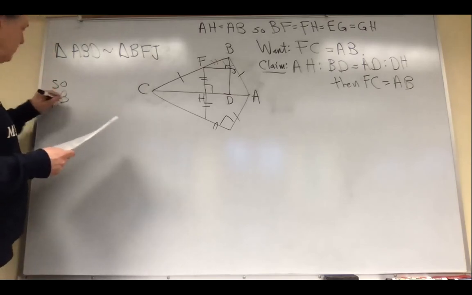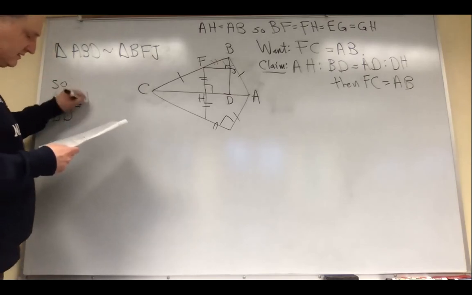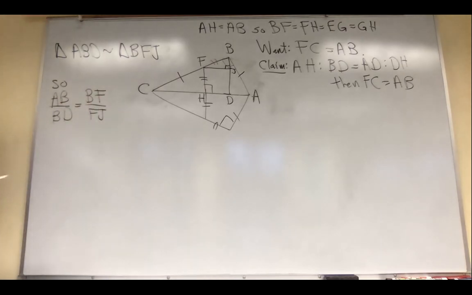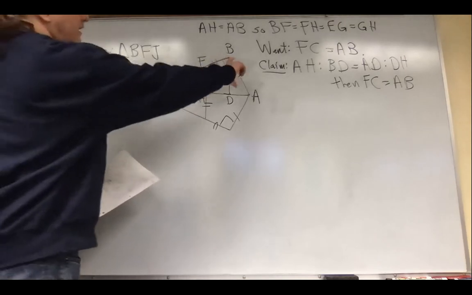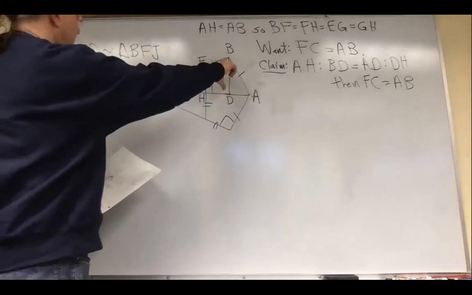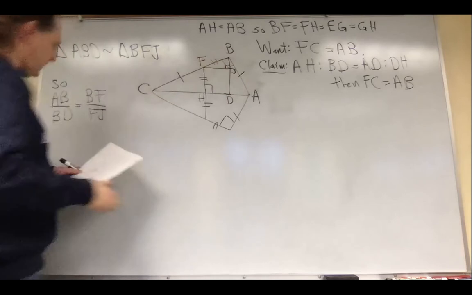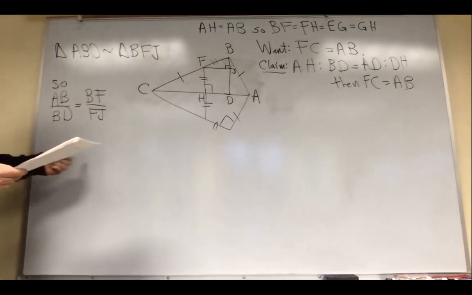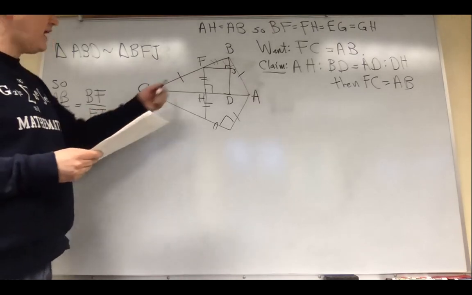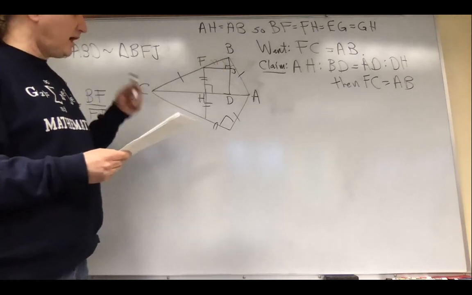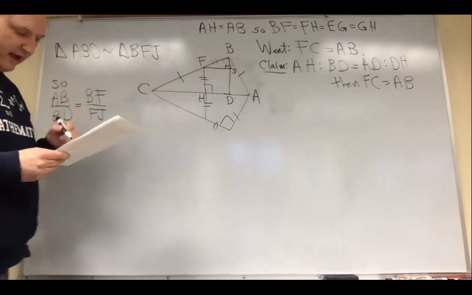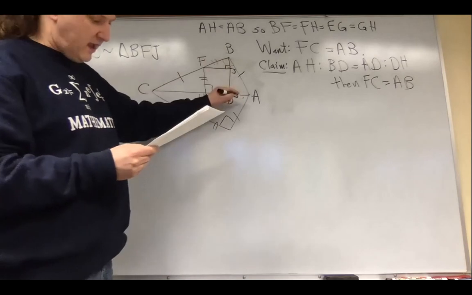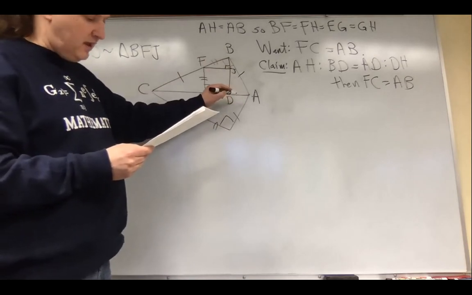So we get some proportionalities out of that. So AB to BD is equal to BF to FJ. That shouldn't surprise you. AB, BD, BF, FJ. Okay, good. But we know some of these things. We know that BF is, among other things, well, actually, it's not the one I want to do quite yet. We know that AB,